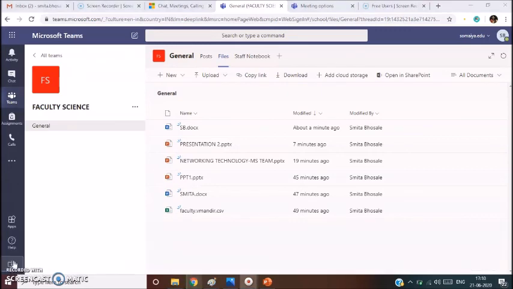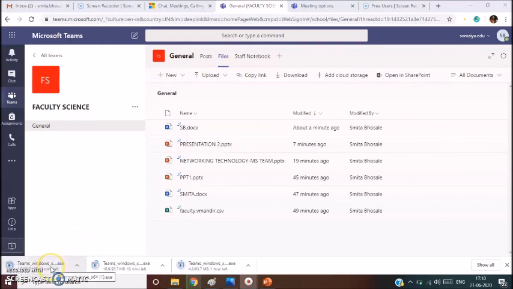So this icon can be used to download the desktop app. Click on this and within a moment you will see the download has started. So you can see the download has started.